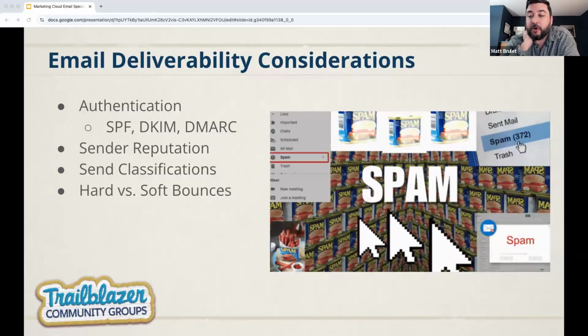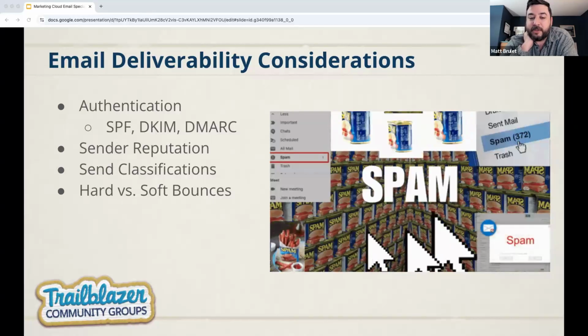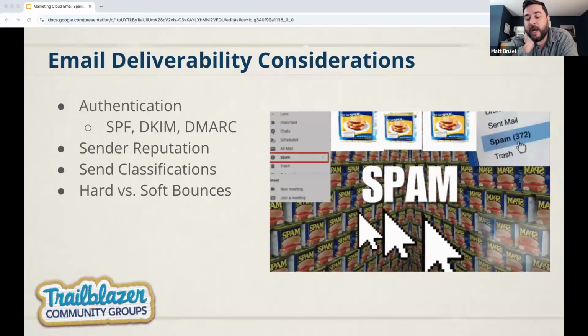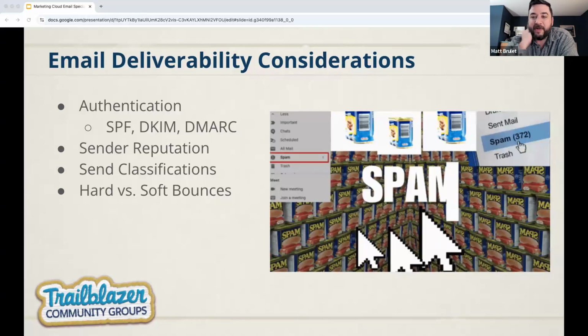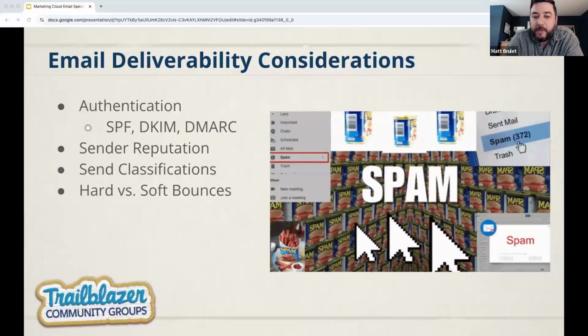If you're getting started with your sending, you want to do a warm up, right? Let's segment out our sends. Let's send to all of our Gmail addresses in one journey. Let's send to all of our Yahoo Hotmails in another. And let's slowly ramp up that sending activity over the course of a couple weeks, a couple months,